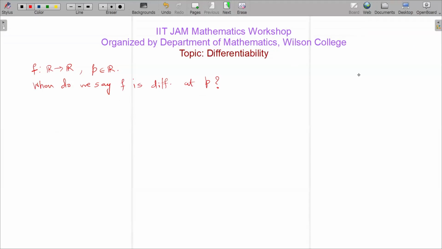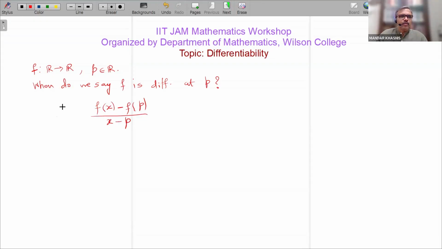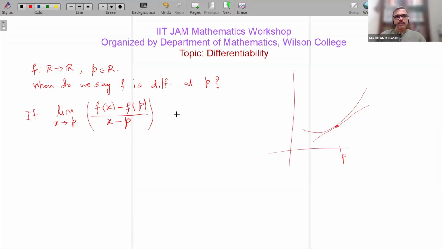Sir, it is the existence of the limit of the ratio of f(x) minus f(p) by x minus p, taking the limit as x tends to p. Correct. We all know where this comes from: if I'm interested in getting the slope of the tangent to the curve at a specific point, I'm interested in the slope of the tangent at (p, f(p)), and that is how this comes up. So if this limit exists,